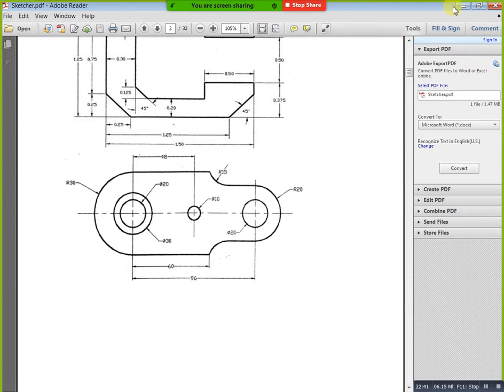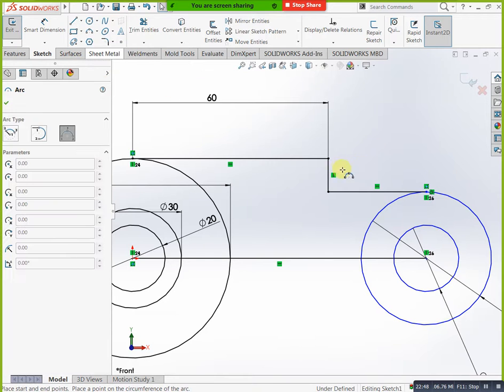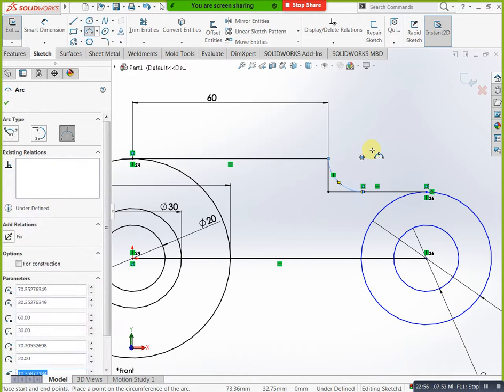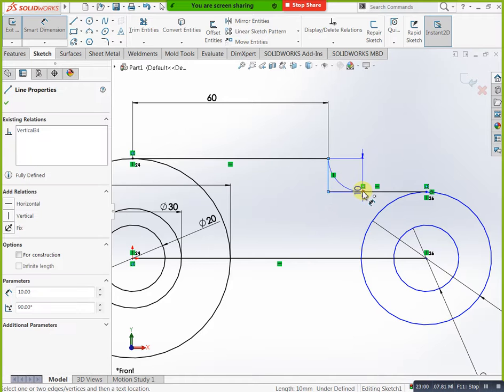Okay, and at the same time this side we need how much? 10. If you have any doubt you can check here to here. 10 is there now. Okay, not a problem. Now this is okay. Now you can remove this one. Take trim lines, you can remove this portion. Yes, this one and this one.